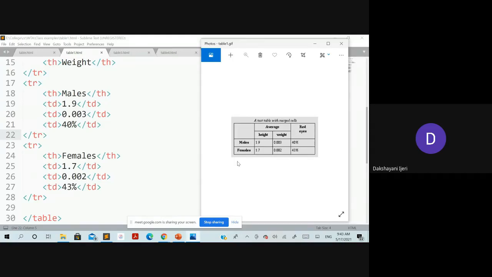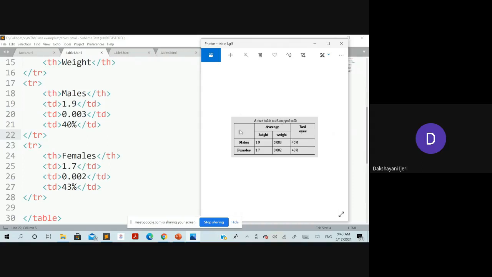So is everyone clear with the rowspan and the colspan attributes? Because using these two attributes is very easy once you analyze the table. Once you are comfortable with how the table has to be created, where you need to merge and which attribute needs to be used, whether the rowspan or the colspan.